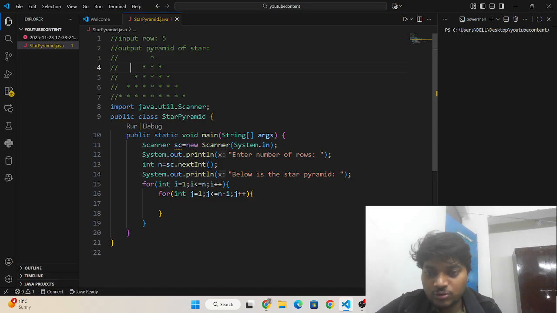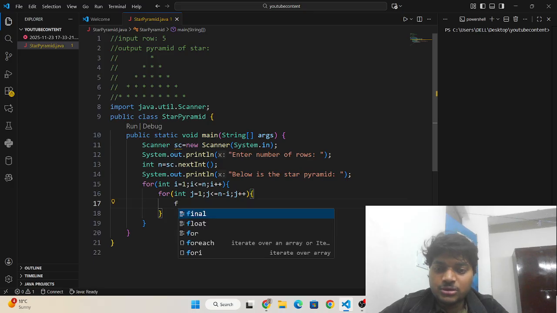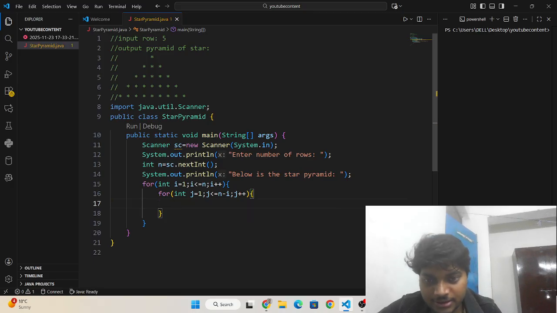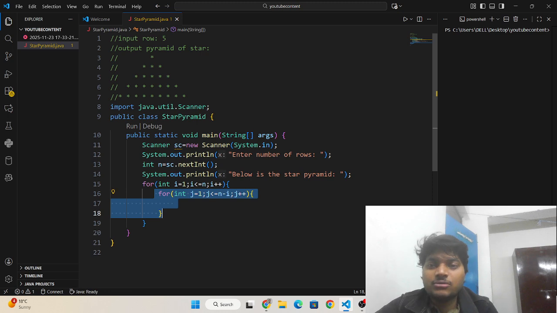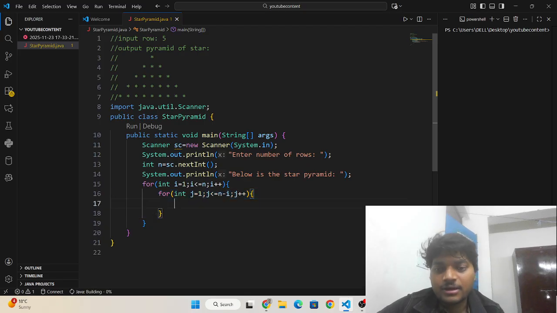Now I have already written the inner loop, this one, which will be controlling the number of stars printed in each row. When we go to the next row, and the next, the spaces printed are decreasing.